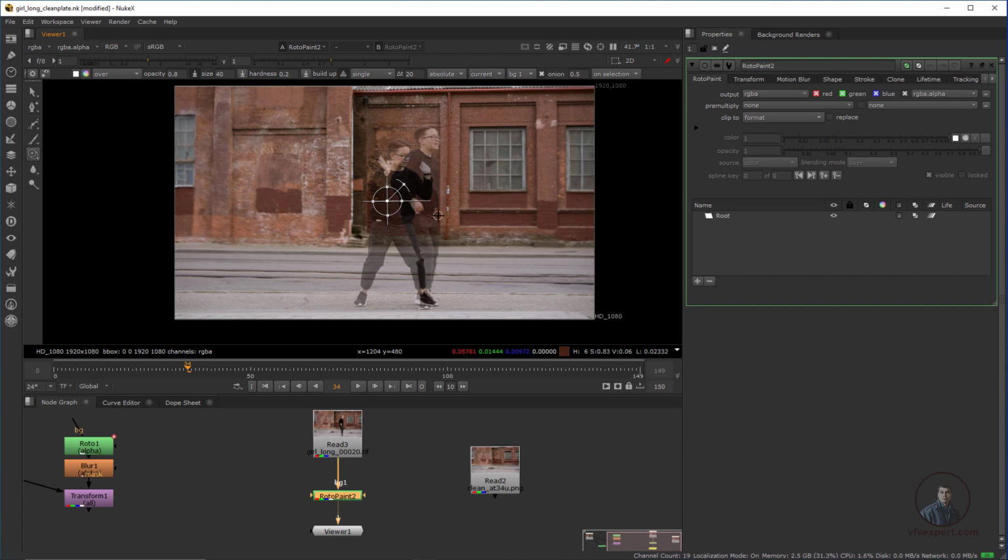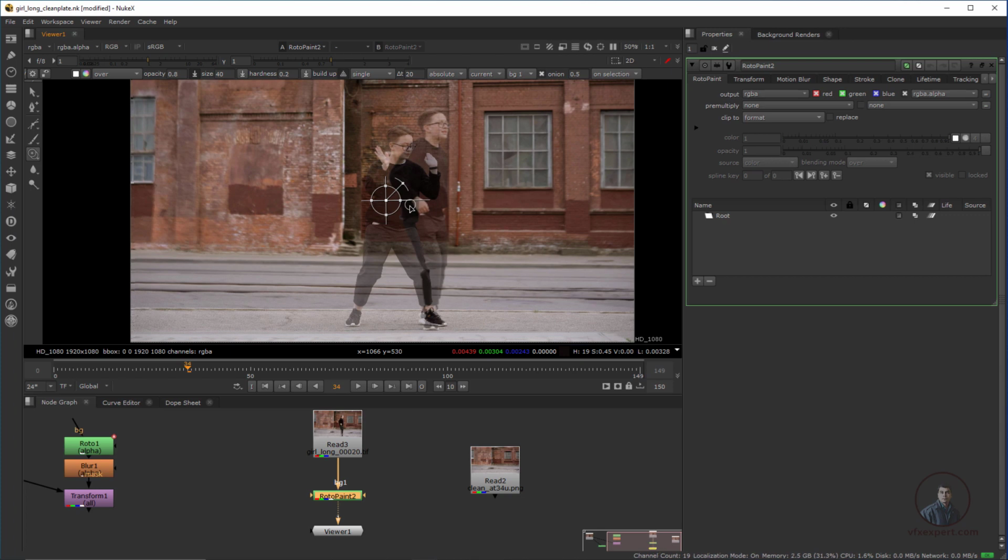If you use 4, 8, 2, 6, this will move your reference left, up, down, right. If you use 0 and dot, this will rotate your reference frame. If you use slash and star, this will scale your reference frame. So the numpad is for adjusting your reference frame.